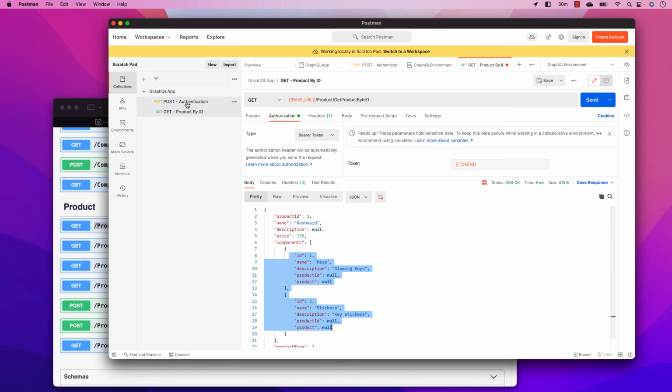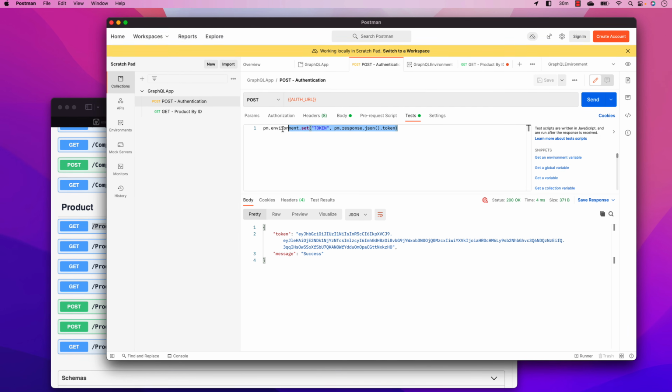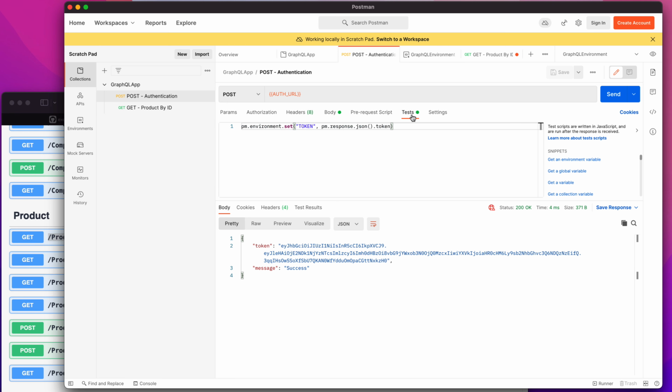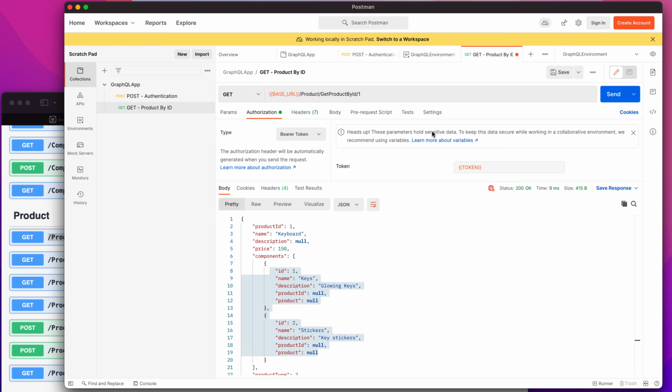If you remember in our last video, we were discussing how we could get the token. We actually used this tests tab to run a simple JavaScript-based operation, something like this, using the pm variable, which is the Postman variable, to perform these operations for us. And that's exactly the same thing we are going to be using over here for the testing operation as well